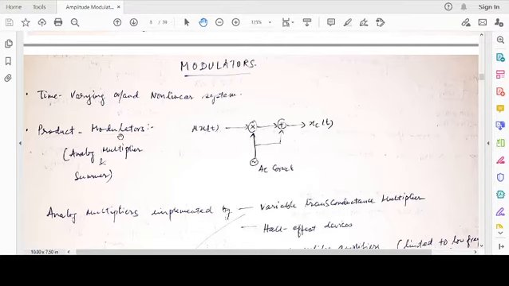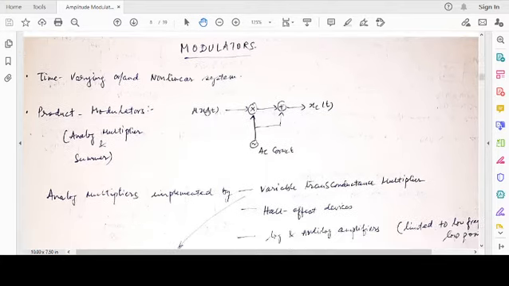There are various kinds of modulator. One of them is the product modulator, which is an analog multiplier and summer. So you have a signal m(t), x(t). This is the notation for a modulator, cross. You have another signal A_c cosine omega_c t, which is generated from the local oscillator. You generate the product, analog multiplier. This is an analog multiplier. And then you add the carrier to get the amplitude modulated signal with the presence of the carrier.